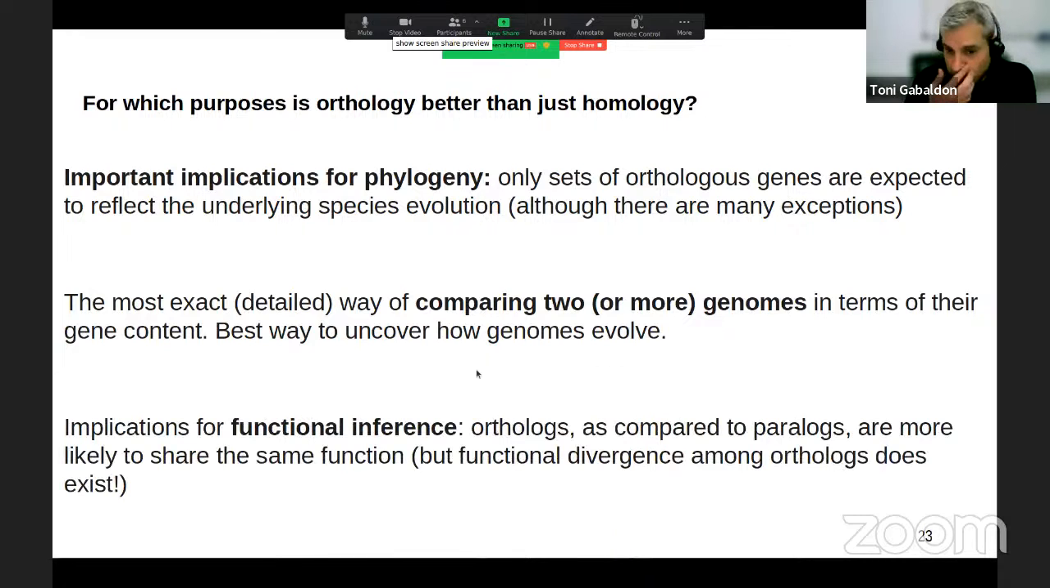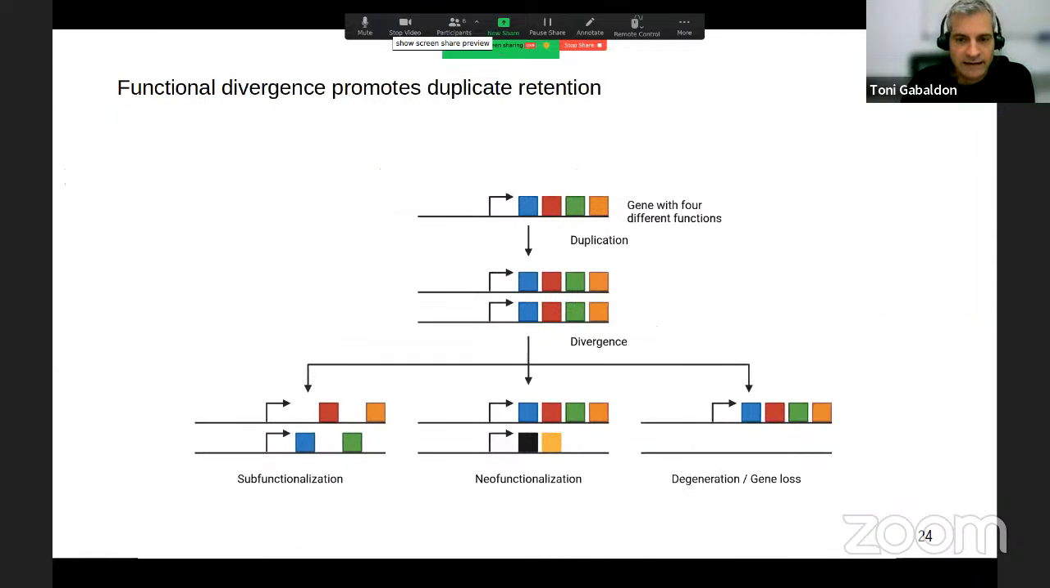And finally, it's important for functional inference, because orthologs, as compared to paralogs, are more likely to share the same function. And I stress this is more likely. It's not guaranteed that orthologs will have the same function, and it's not guaranteed that they cannot diverge in function. In fact, they diverge continuously. But duplication, in a way, promotes functionalization, because subfunctionalization and neofunctionalization are 2 processes in which the retention of